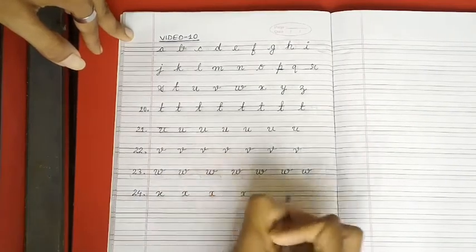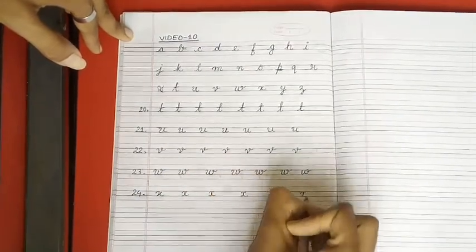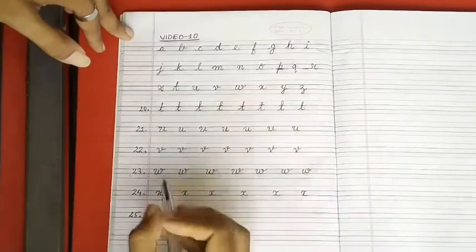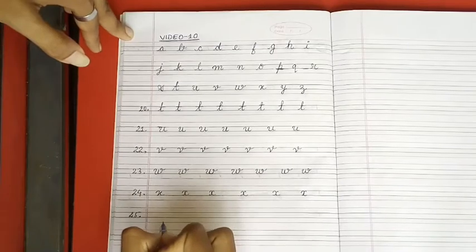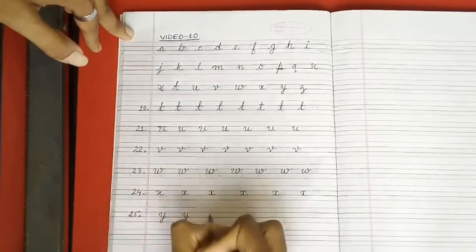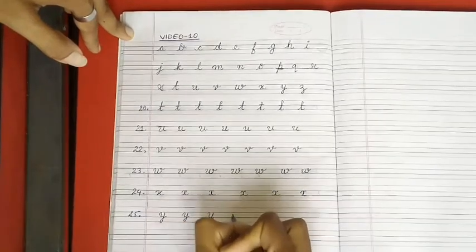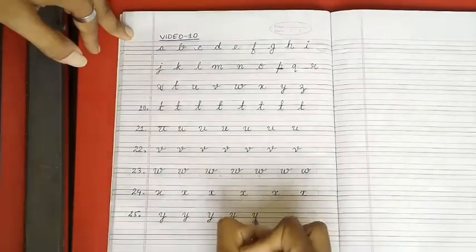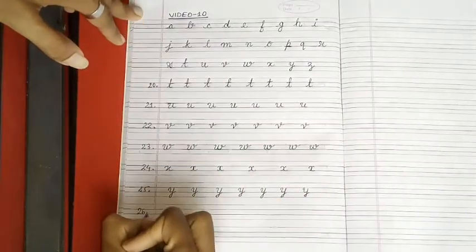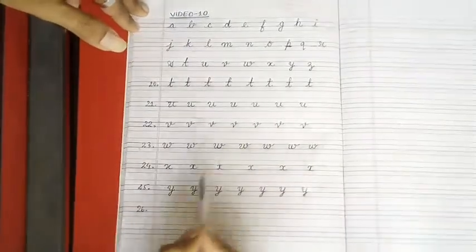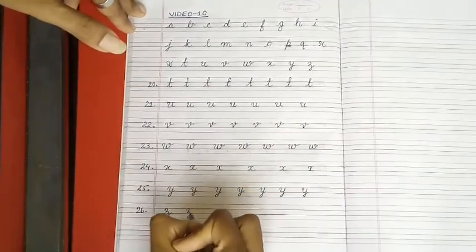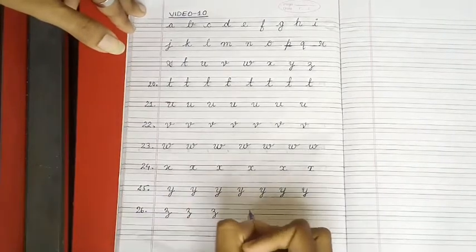This also is between 2 lines, the second and third line. Okay. Now, second last letter, what is it? Y. For this we are using the last 3 lines. Like this. We will make U and a line down. Y. And the last letter Z, and for Z also we will use the last 3 lines. Like this. Can you see, students? This is how we will write Z.